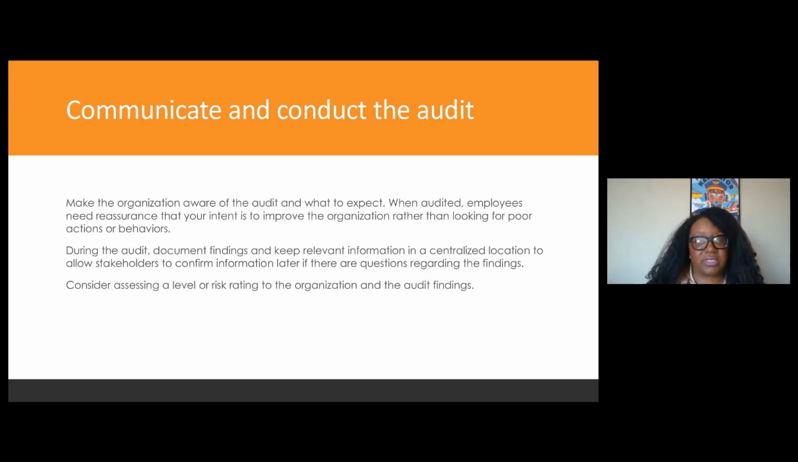So during the audit, document findings. Yes, Cheryl. Cheryl says she agrees it's important that they take it seriously and see it as a learning process. Yes. And I think, again,